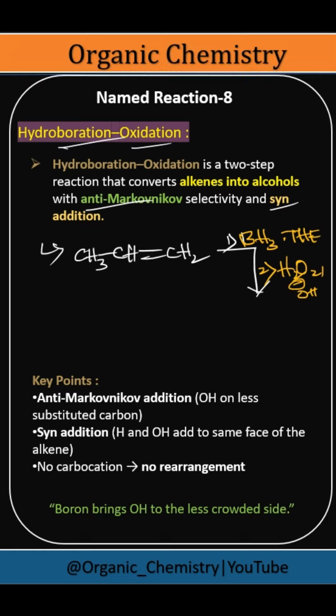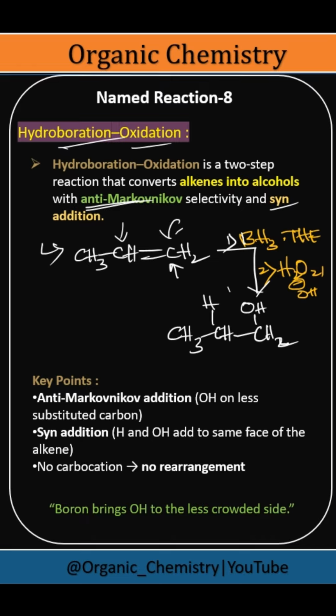Here I have already mentioned that it occurs according to the anti-Markovnikov rule. So what exactly this means is the OH will be added on the less substituted carbon. Here, if you see these two carbons, this one is the less substituted carbon, right? So OH will be added on this carbon. So let me write the product, CH3CH2CH2OH. Why it is syn addition means it adds the H and OH on the same side of this